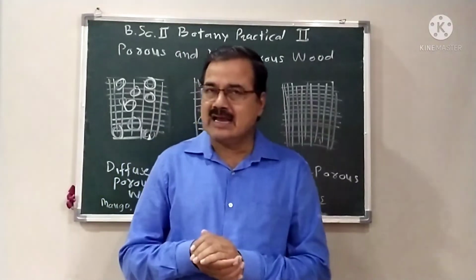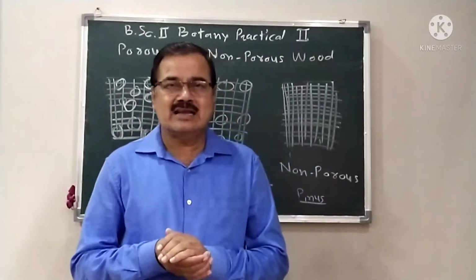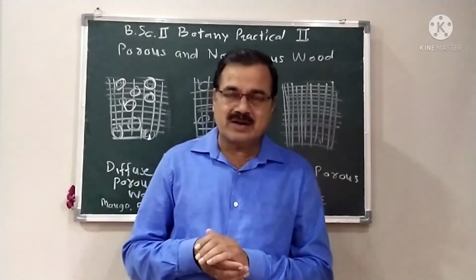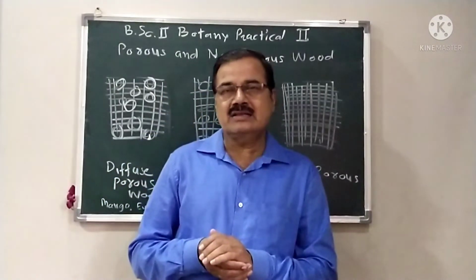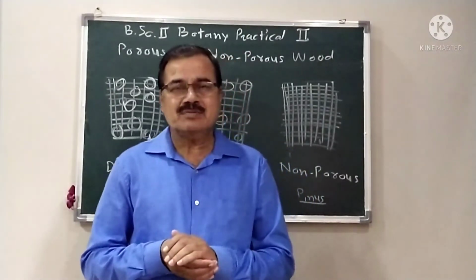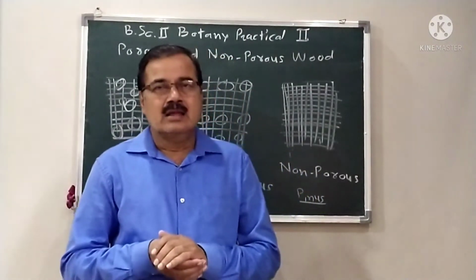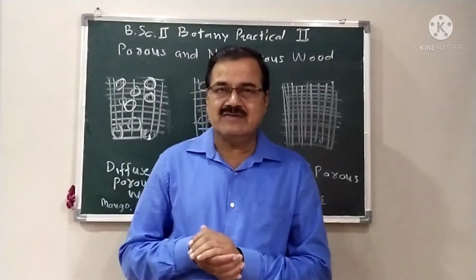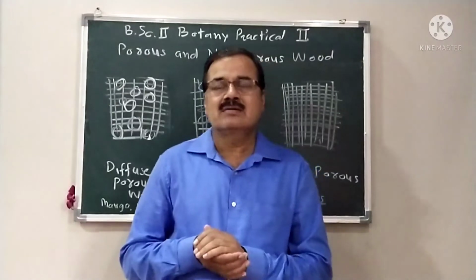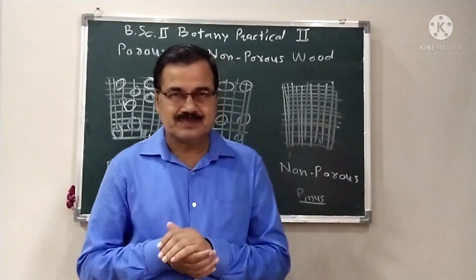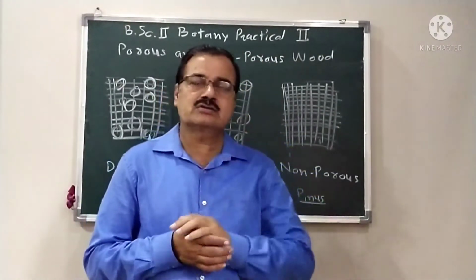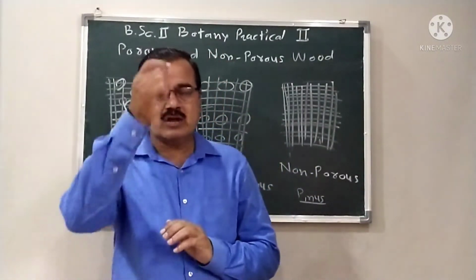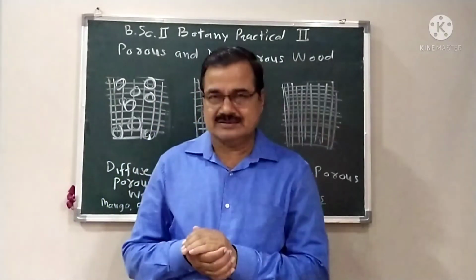Here secondary xylem in wood consists of xylem vessels, xylem tracheids, xylem fibers and xylem parenchyma. These are the 4 elements of the xylem. Xylem parenchyma is in a lesser amount, but xylem vessels, xylem tracheids and xylem fibers are more developed. On the surface they look circular in outline, and in vertical section they look like vertical longitudinal cells.